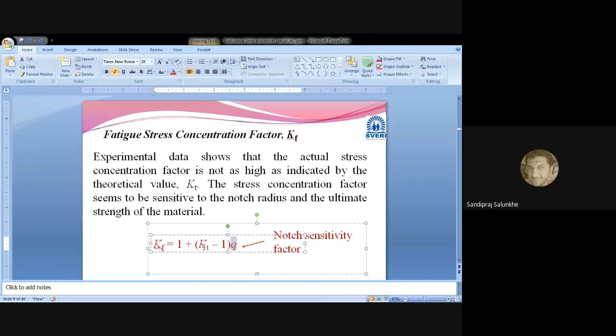These factors are standard values. Sometimes they are calculated by means of formulae. In that formula also, the values which we are going to use are the values of the particular operating condition. That is nothing but it may be size, it may be temperature, it may be reliability, and depending upon that we are going to calculate those factors.